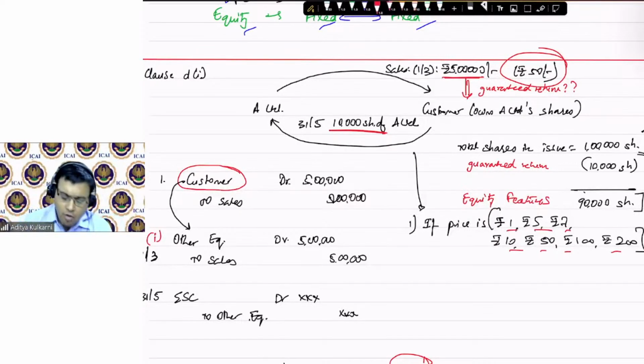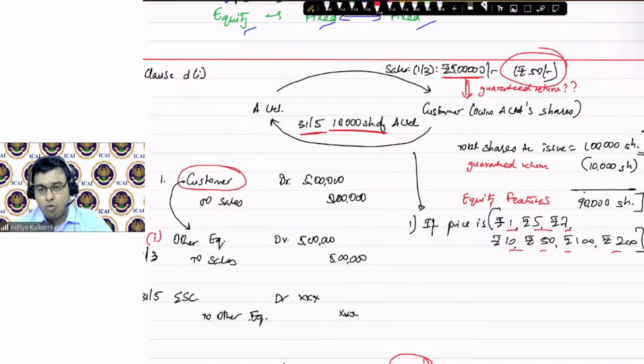Okay. All right. Coming to the next case, I'll modify this. A Limited will say, why should I take 10,000 shares from you? I will take the shares because I don't have faith in my own share prices. So I will not take 10,000 shares from you. Instead, I am going to take a variable number of shares depending on the pricing on 31st of May.